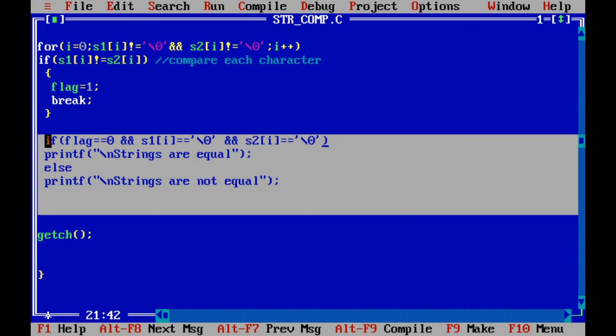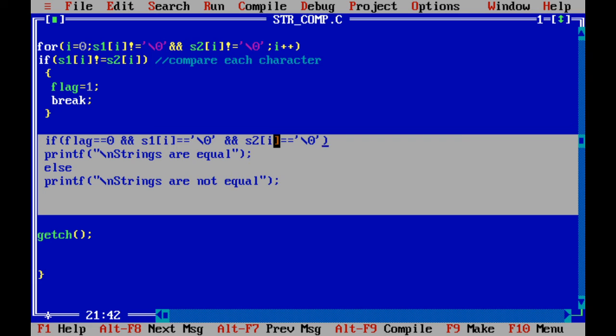See the condition now. If flag equal to 0, second condition is S1 of I is equal to null, and third is S2 of I is also equal to null. It means the first string is finished, the second string is also finished, and flag is still 0. Then only we can say that the strings are equal. Otherwise, the strings are not equal.